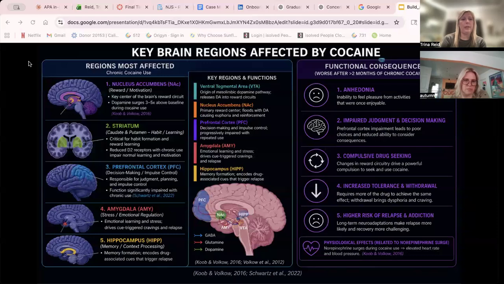Okay. Key brain regions. Cocaine affects five key brain regions within the dopamine system. The ventral tegmental area, or the VTA, releases dopamine into the